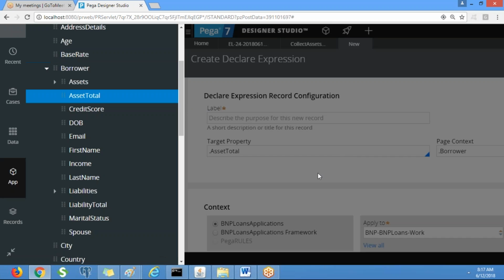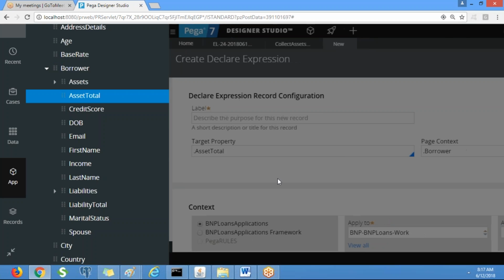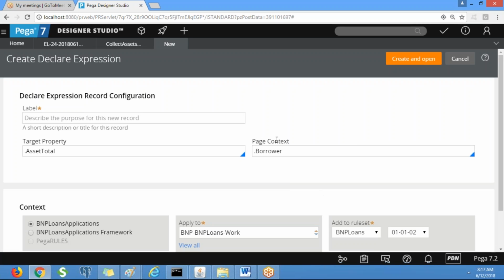Okay. See here, if you create from property, automatically the page context will be displayed. So page means the asset total property is available on this page. Label: calculate asset total. Create and open.